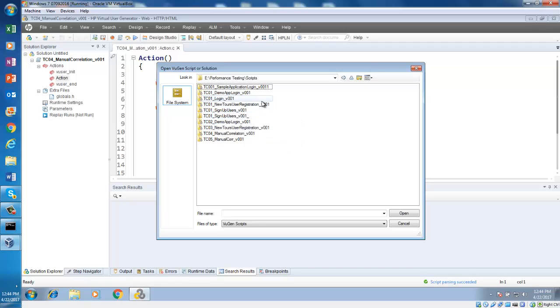Now take a look here. My script, sample application login, we did it long before. We did it in demo app login. Let's see this one, 422 login. Let's see what is this.